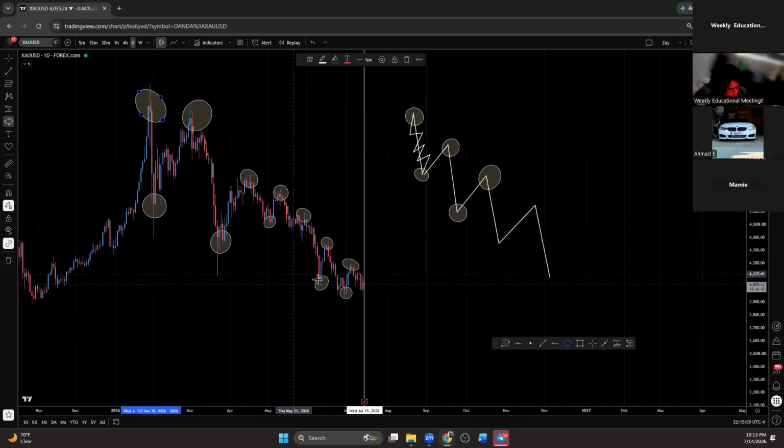That's how you get the confusion out of your head. When you draw your circles and you see all these circles here, the market looks like it's going down. If the market started all the way up here and ended here, obviously it's going downward. This is January 2026. The market has been going down and it's now July 15th, 2026.